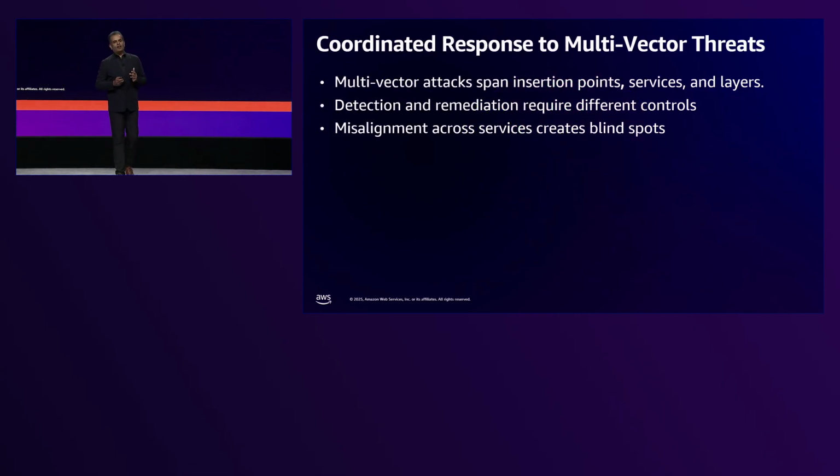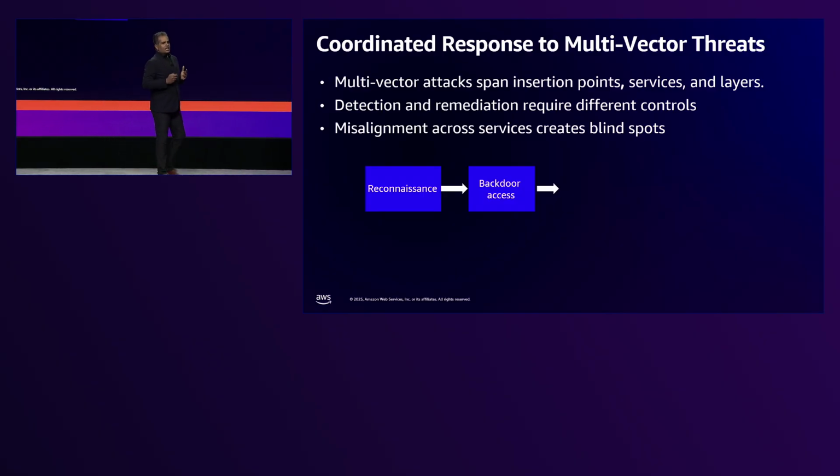That's the issue. But it's not only compliance. There are also issues around the multi-vector threats that I'm trying to mitigate in my environment. So I could have, for example, a web exploit going through CloudFront. There could be lateral movement of misconfigured EC2s that originate sort of lateral nefarious kind of activity. Or it could be a data exfiltration attempt outside a misconfigured API gateway. So these are all things that can do a lot of damage to my environment. So I need to make sure that I've got the right web ACLs on my WAF, I've got the right NACLs, I've got the right security groups, all doing things in a coordinated fashion.